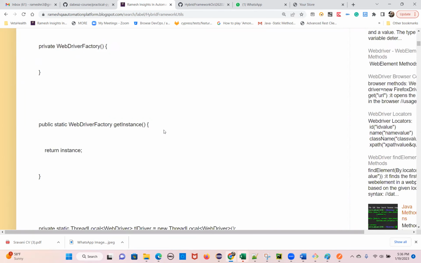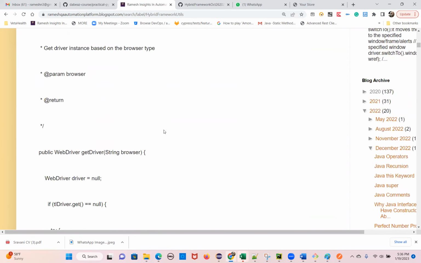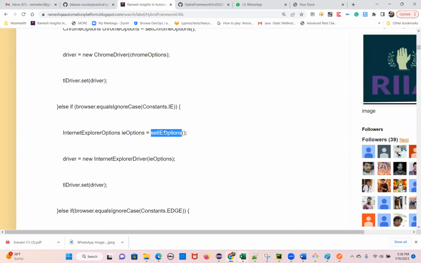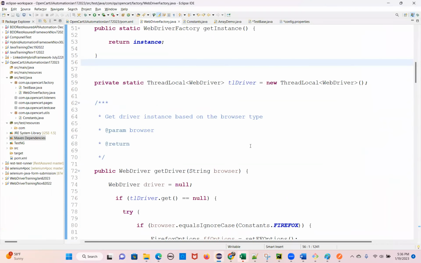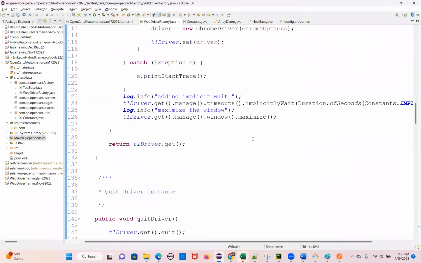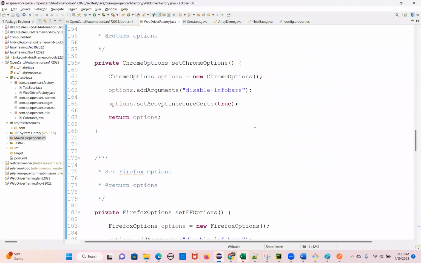Okay, so this is the complete code that you need to write. After this, we're going to add new code today for the same WebDriver factory. We need to add 2 more methods, I'm going to add. So that is